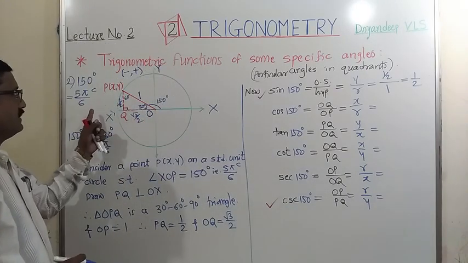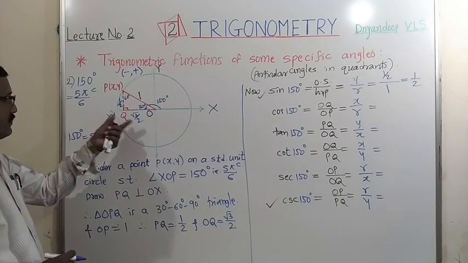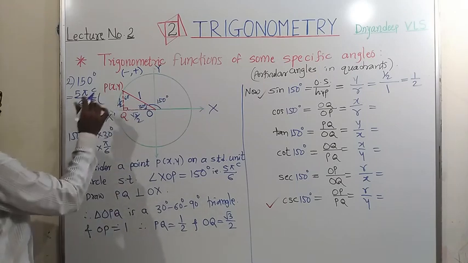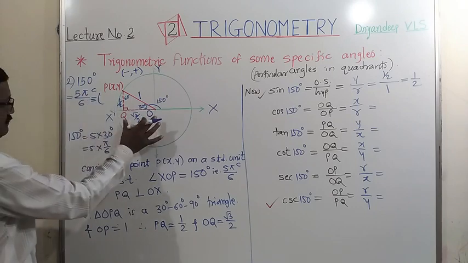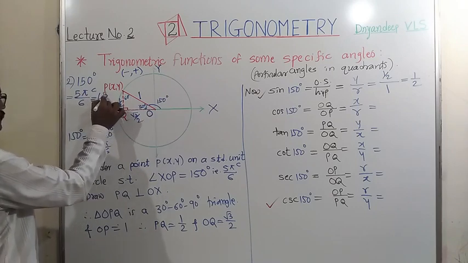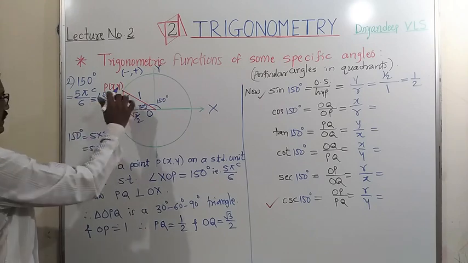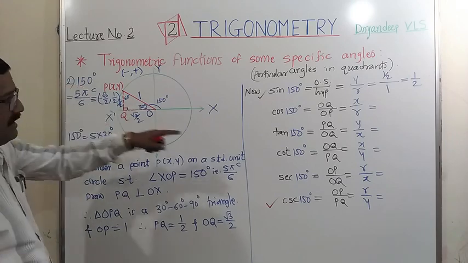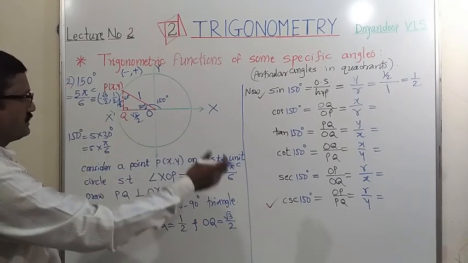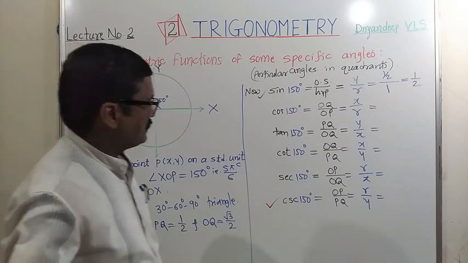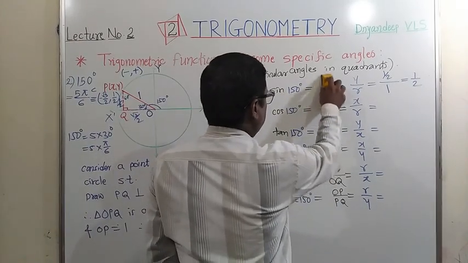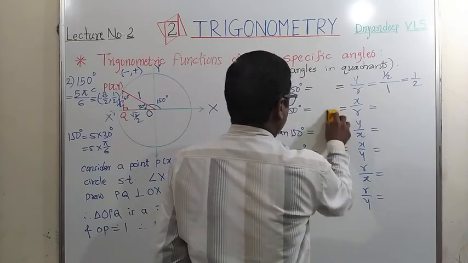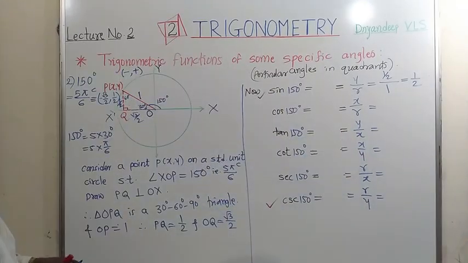Now the second one, x upon r. Here x is negative, and from these two values we can write the coordinates of point P as minus root 3 upon 2, and y is half. So use the values of these x, y and r here. No need to write the opposite sides and adjacent sides or hypotenuse. So without writing this part also, we can write the trigonometric ratios here. Let us see how we get the second.